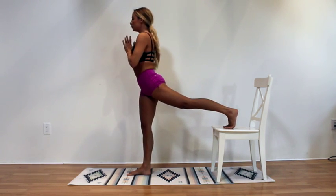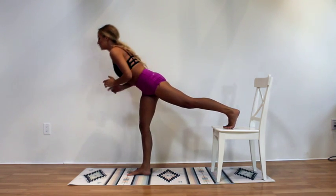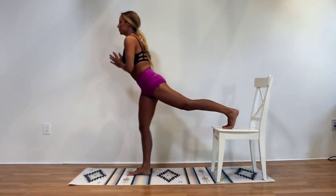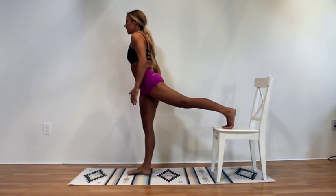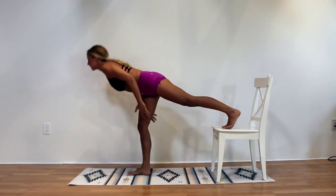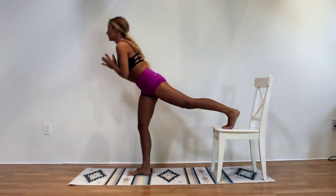and 19. If you lock out your knees or if you hyperextend like I do, make sure that you have a tiny little micro bend in it and you're not locking it out. That means if you lock it out, you're not really getting into the hamstrings. You want to make sure that it's slightly bent so that we can fire up all those muscles down there. 16